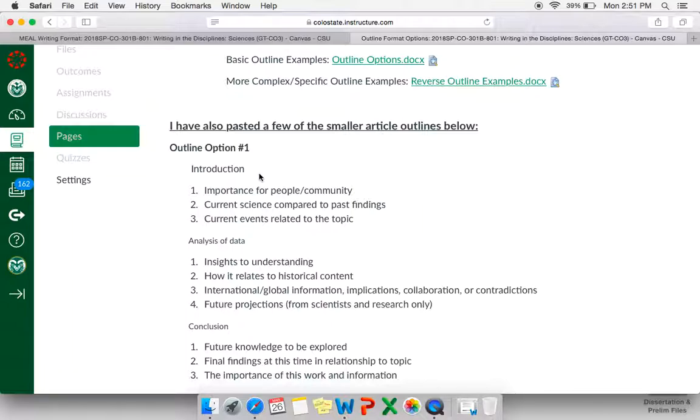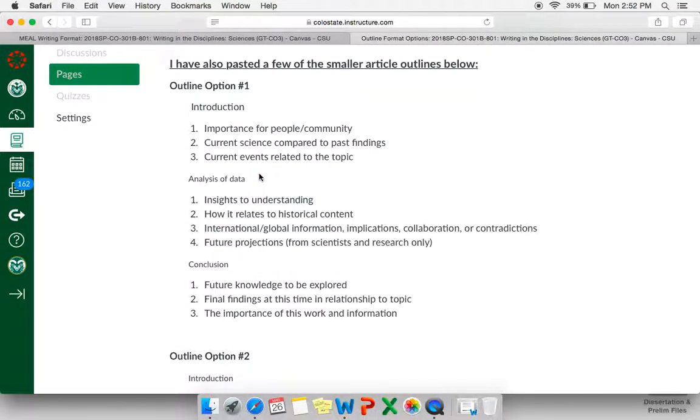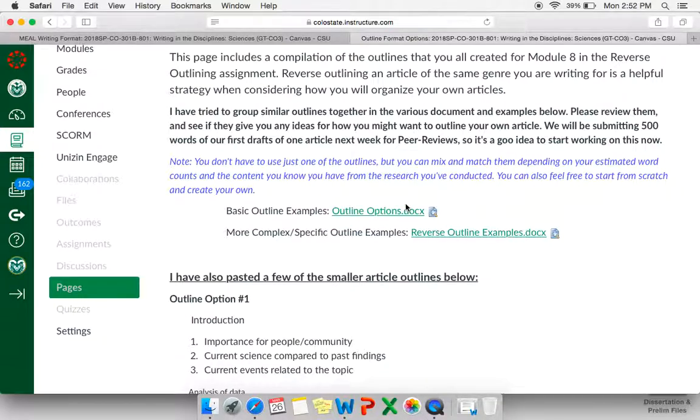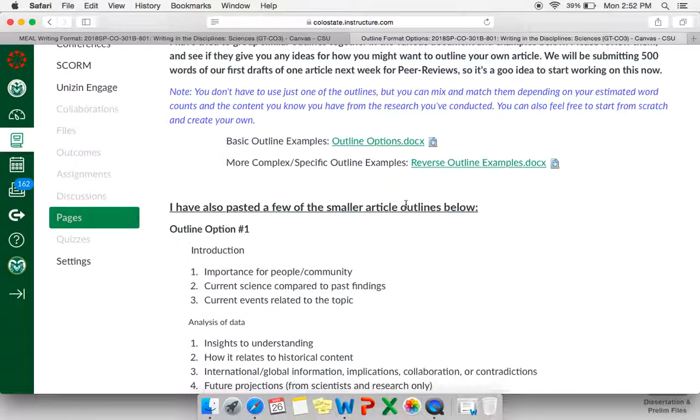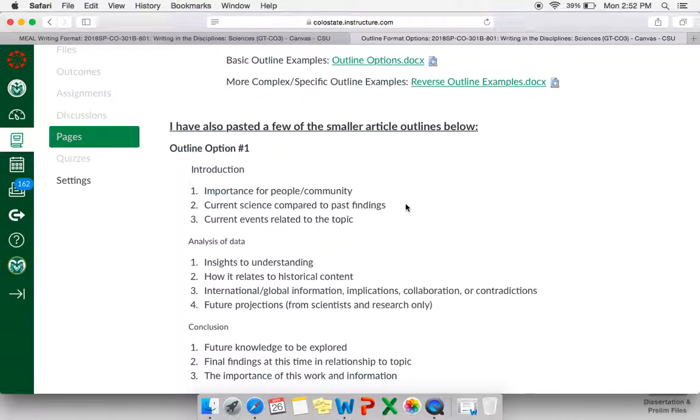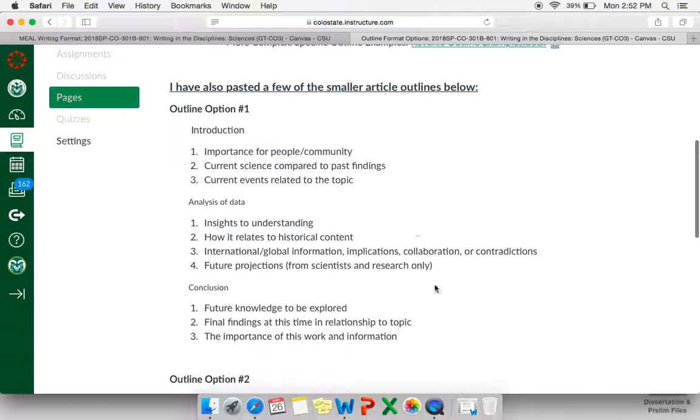So these are the structures of current articles that are in Scientific American. So we know that they are fairly sound in the way they've been organized to include different things in a logical order, and that you could scroll through or look at the ones in the documents and choose which one works for your topic, or which combination of however many you see fit. You might mix and match anything that you know you have the content for, and see what order that might go in, what that looks like for your topic, and then it can help you start filling in the outline